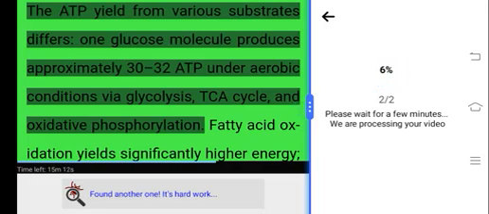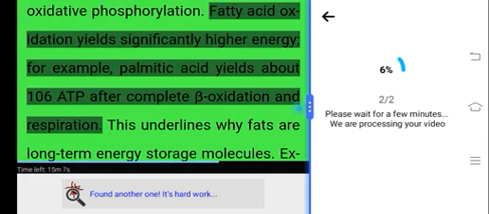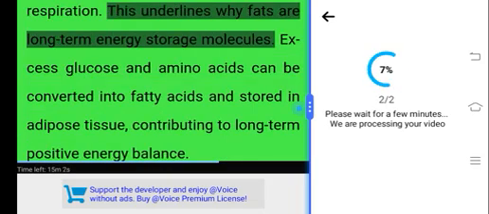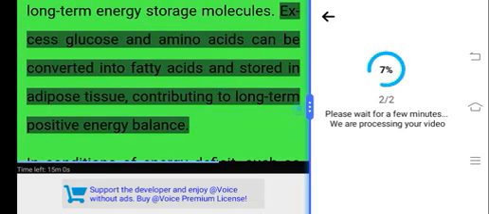The ATP yield from various substrates differs. One glucose molecule produces approximately 30 to 32 ATP under aerobic conditions via glycolysis, TCA cycle, and oxidative phosphorylation. Fatty acid oxidation yields significantly higher energy. For example, palmitic acid yields about 106 ATP after complete beta oxidation and respiration. This underlines why fats are long-term energy storage molecules. Excess glucose and amino acids can be converted into fatty acids and stored in adipose tissue, contributing to long-term positive